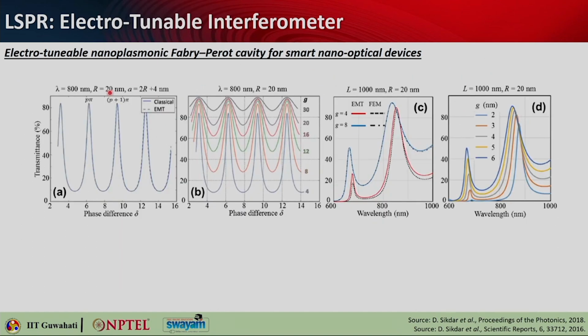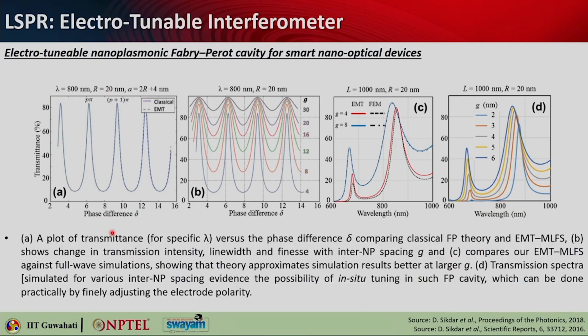So when you compare this with here, you see this is the plot of the transmittance for a specific lambda. So I am taking 800 nanometer. Nanoparticle size is chosen to be 20 nanometer. These are gold nanoparticles, and A is the lattice spacing, which is 2R plus A, that is the gap. 2R is the diameter plus A, 4 is the gap between these particles, surface to surface gap, okay. So when you do this, okay, you are able to match the effective medium theory calculations with classical Fabry-Perot interferometer cavity, and you are able to see that you are getting